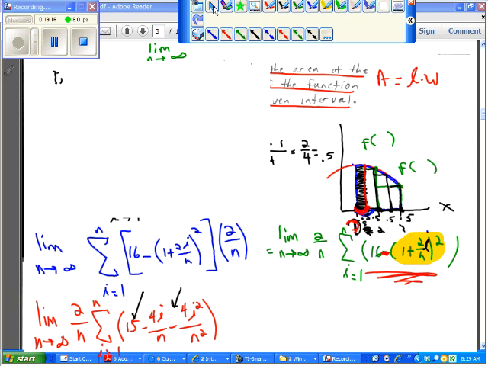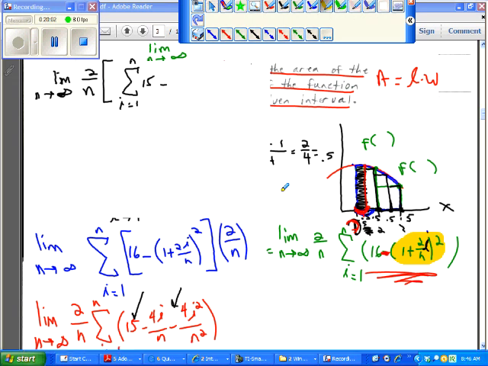So we could think of this as the limit as n approaches infinity of 2 over n times the summation as i runs from 1 to n of 15 minus,